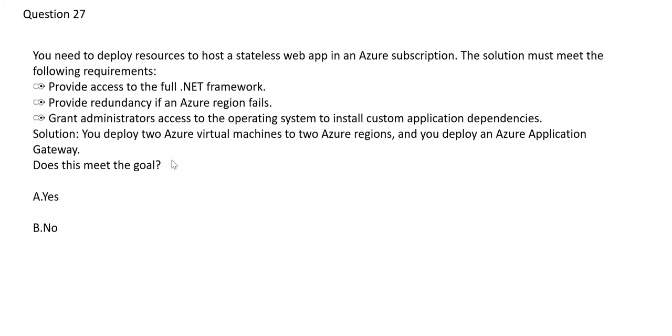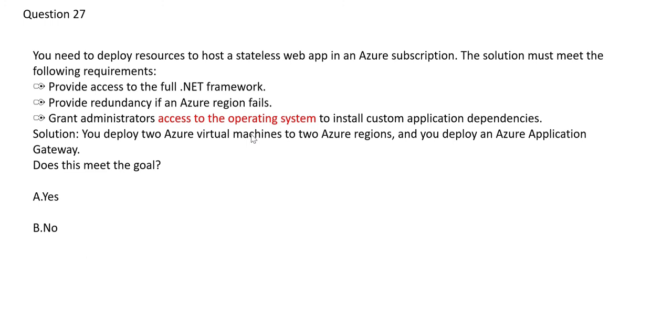So what is happening is, like we told in the previous question, Azure Virtual Machine. Whenever we see administrators access the operating system, access to the operating system means you need access to the VM. Only through a VM can you do it because a VM is infrastructure as a service. If you are using Azure Synapse Analytics, you cannot access the operating system because it is based on PaaS. So whenever you see access required to the operating system, access can only be given on virtual machines. So this looks correct.